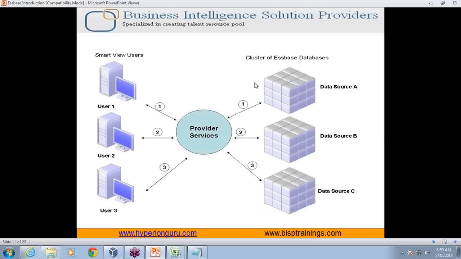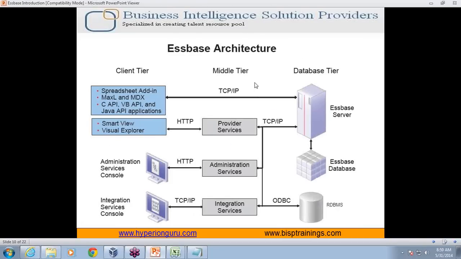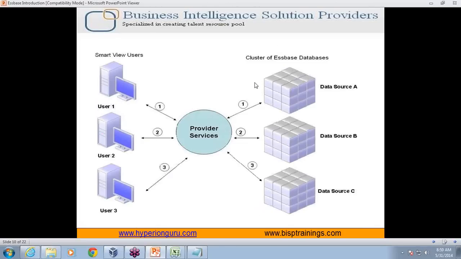It is also possible to configure these days, because of high availability or load balancing needs, your server in a cluster environment, or you can make a mirror copy of the Essbase server to eliminate downtime and provide high availability, because the data is very precious. Your financial data and HR data is very precious, and you cannot afford to lose it at any cost.